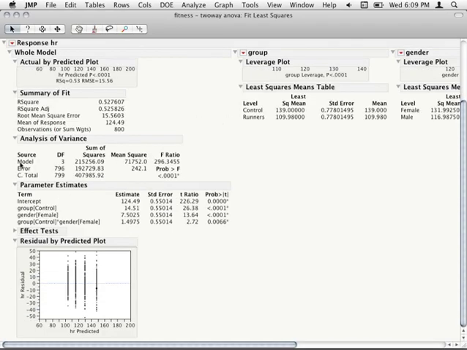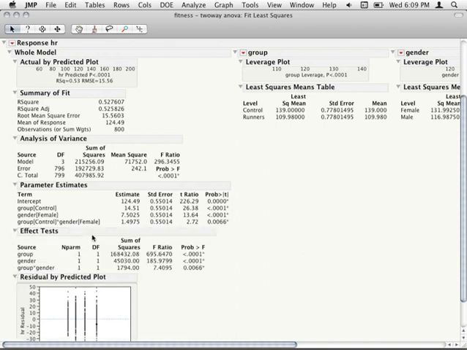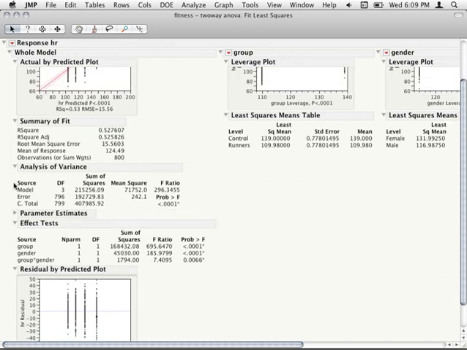Now notice that what it did for us is expand the parameter estimates and not the effect tests. In this particular type of analysis, when we only have two levels of each group, you'll see these values are going to be the same. I have to believe that's why JMP expands out the parameter estimates, but I'm not entirely sure what the purpose is. As a rule, I would just minimize those, because you're almost never going to be talking about the